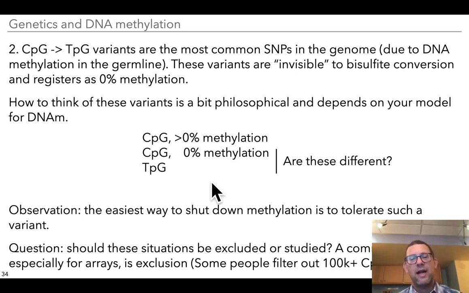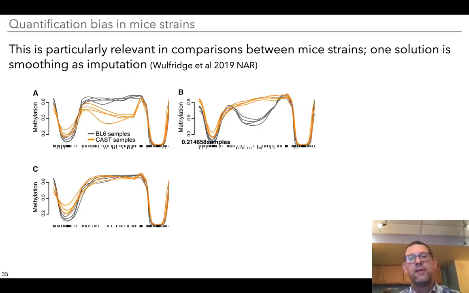So the question you have in analysis is: should these situations be excluded, or should they be studied for their interest? A common strategy, especially for analysis of methylation arrays, is exclusion, and some work excludes as much as more than 100,000 CpGs from consideration because they overlap SNPs. This is particularly relevant when we compare mice strains between each other. Two different mice strains are typically